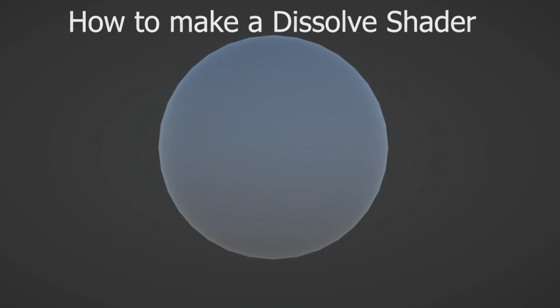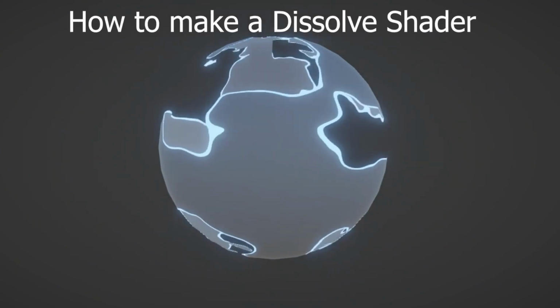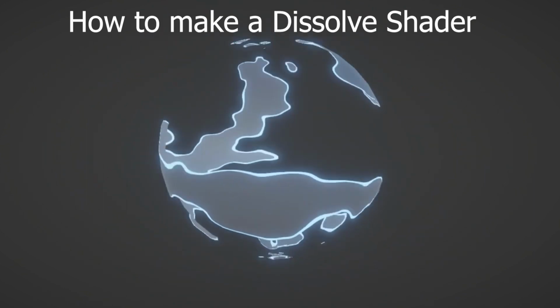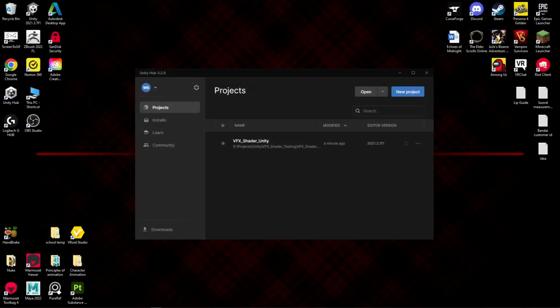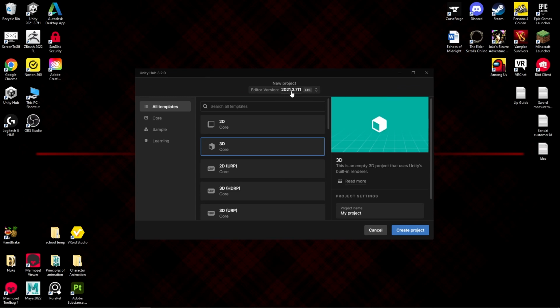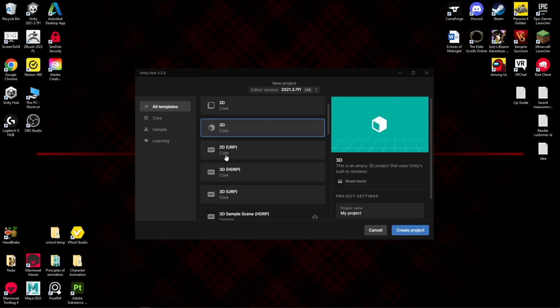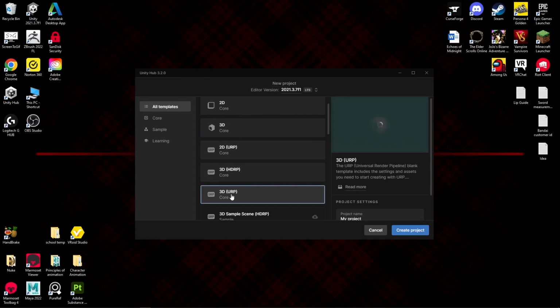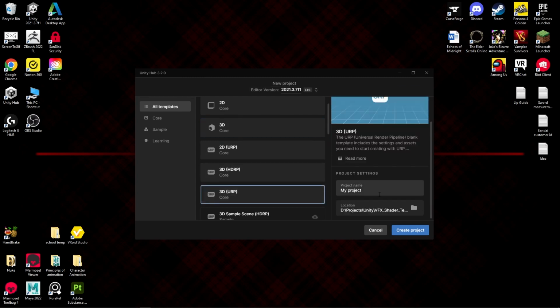Hello, and today I will be showing you how to make a basic dissolve shader using Unity's shader graph. First of all, you need to create your project. I myself am using Unity version 2021.3.7, and you will need to make a project using the Universal Render Pipeline